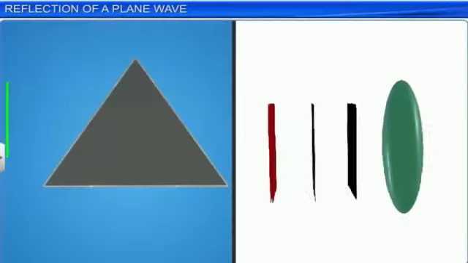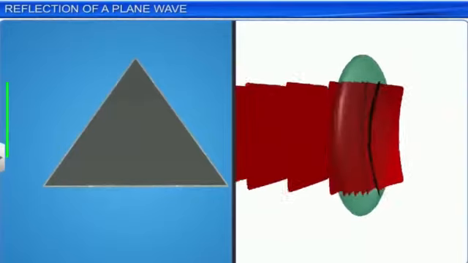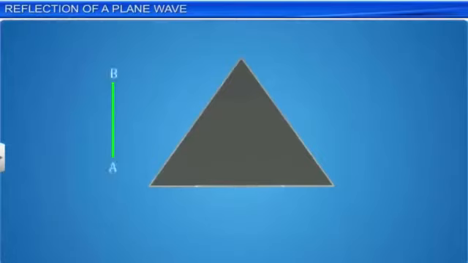Now let's understand the behavior of a plane wavefront when it is refracted through a prism or a lens. Consider a plane wavefront passing through a glass prism. As the wavefront AB passes through the prism, point A travels a longer distance through the prism than the point B. Since the speed of light through the prism is less, the point A, the lower portion of the wavefront, gets delayed in the prism. As a result of this, there is a tilt in the wavefront A dash B dash.